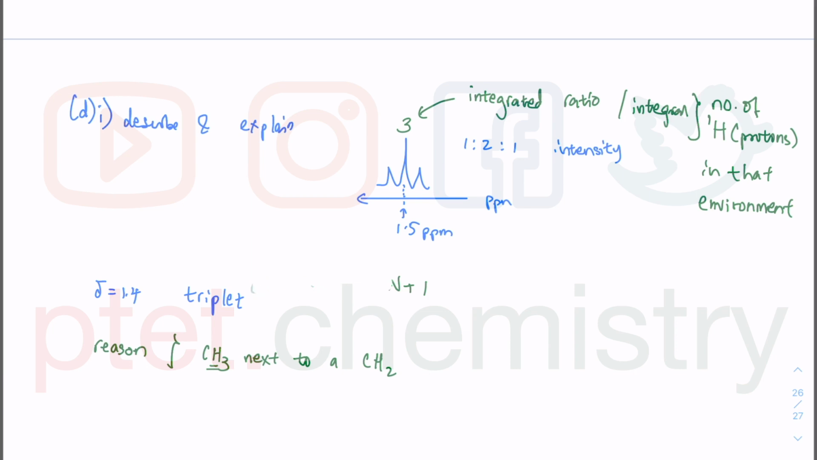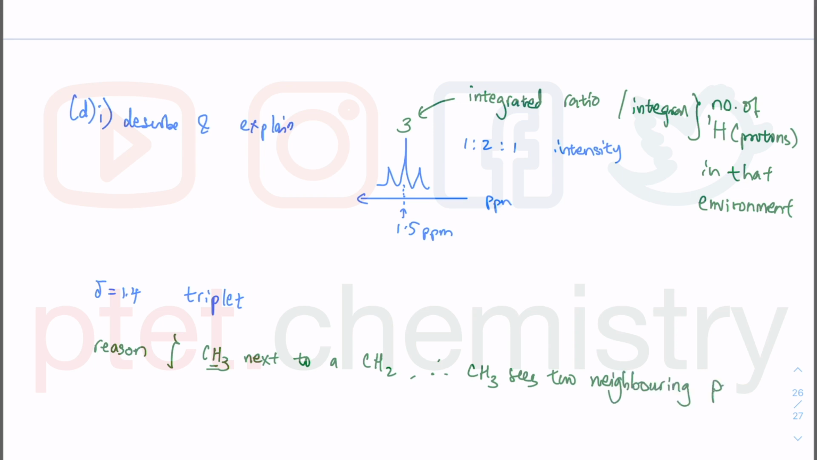Okay, it's about where you are and how many protons you have where you are. This is where you are. The splitting is due to your neighbor. You have 2 neighboring protons, and therefore 2 plus 1 will give you 3 lines. So it's a triplet. Next to the CH2, therefore the CH3 sees 2 neighboring